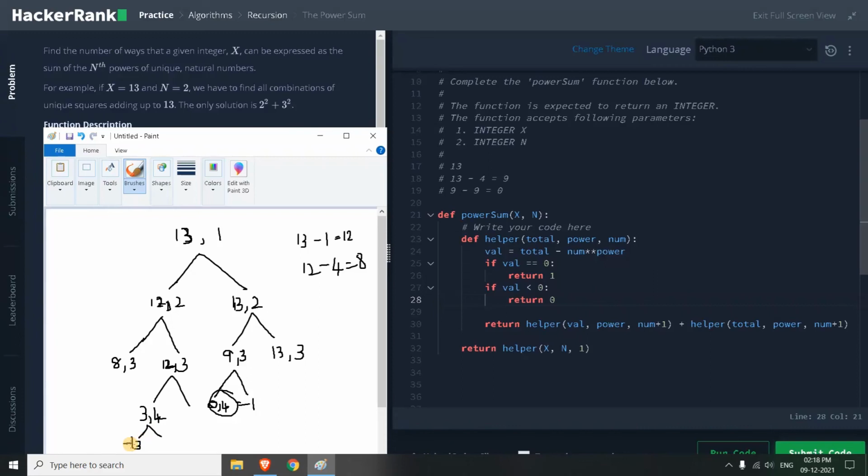So it will be less than 0, so we have to return 0. Like that, all the remaining branches will return 0, and in the end our helper function will return 1. That is the number of combinations we have for this 13 value. Like this, you can try to solve other examples also if you didn't understand how the code works.